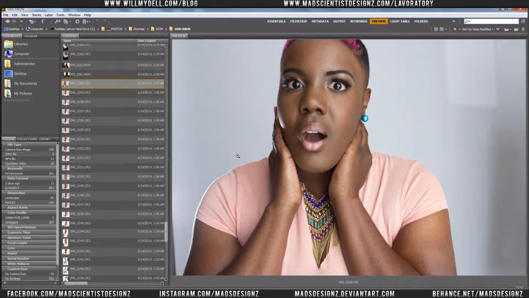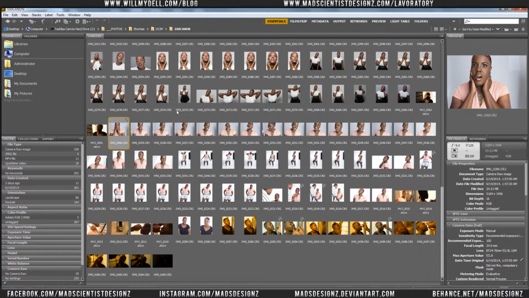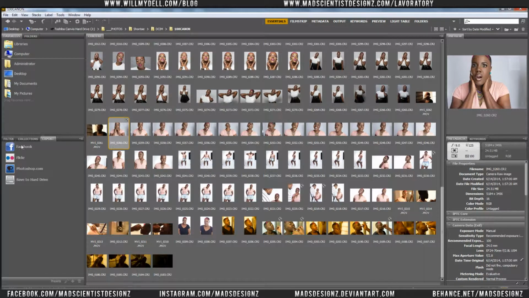So in Adobe Bridge, as you can see up top, they have these different little links up here. I'm using a preview right now. Basically, like different viewing ports. If you click on Essentials, it's gonna show you, I guess, their basic format setup of how the window looks. You have your little preview window over here, your little metadata which shows how it was shot, the file properties, document size, camera data, and over here the date it was created, serial number, a bunch of the little technical stuff. If you want to export to Facebook, Flickr, and your favorites and your folders over here,